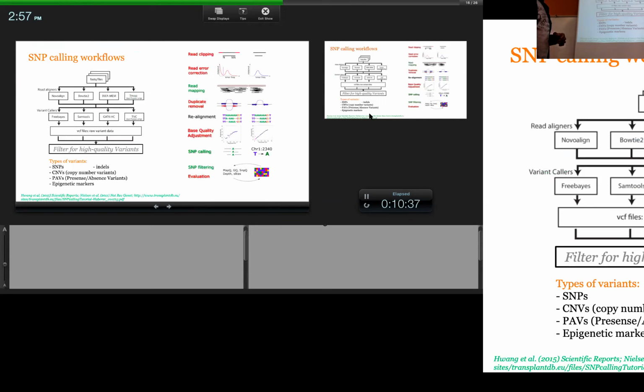All right. Then you do realignments, you do your base quality adjustments, which is the recalibration again, right? And then you do your SNP calling, and then finish up with filtering. When you do SNP calling, people just call it SNP calling, but it's not really SNP calling. It's variant calling, right? Because you're also capturing indels,